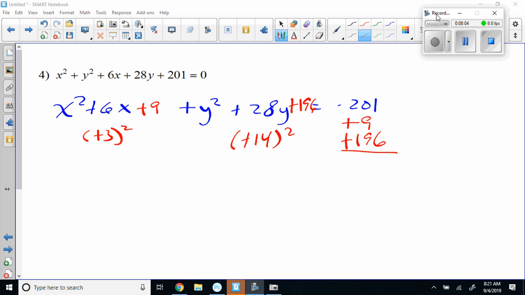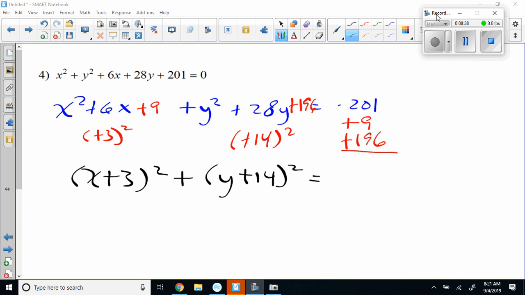Ladies and gentlemen, if you'll write down what I write down, if you'll look at the stuff that I'm doing and think about it, it's a really good process. Everything I need to write the perfect square trinomial in factor form is up here. I know what goes in the parentheses. I know what I squared. I know what its sign is. There are things that I do that if you do them, they will make you successful. The variable is x, so it's x plus 3 squared plus y plus 14 squared equals, ladies and gentlemen, that